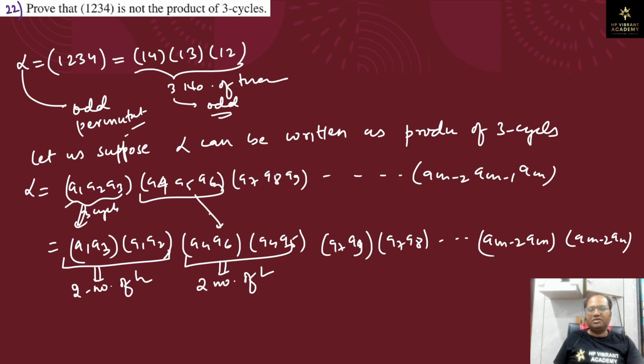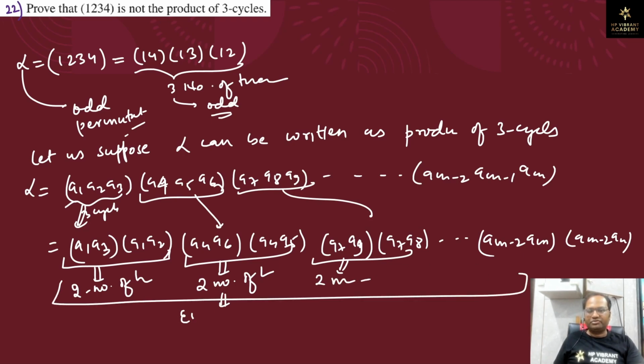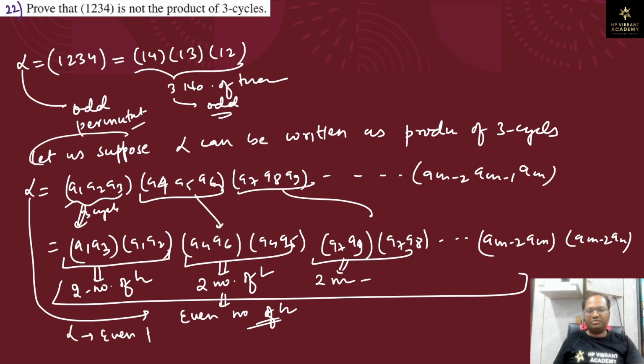So a 3 cycle has been broken down into two transpositions like this. Similarly, this is also two transpositions. Okay, so in total we have an even number of transpositions. So based on our assumption, we have decomposed alpha into an even number of transpositions. So based on this assumption, alpha is coming out to be an even permutation, but it is a contradiction because our alpha is nothing but a